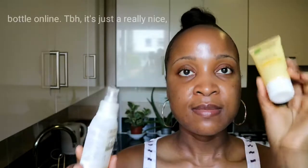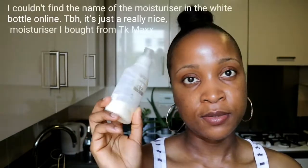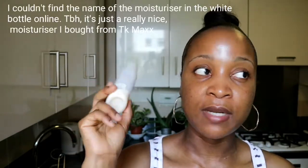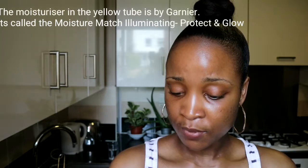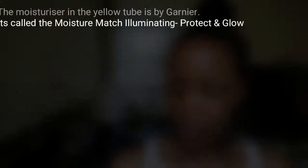So this is what I really like, but right now I definitely love what I'm using at the moment, but I was using them before I bought this. So let me just go to the one I'm talking about. So these two are what I kind of mix together. Sometimes I'll use this on its own, sometimes I use this on its own. I featured this quite a few videos back when I did a skincare and makeup haul. So in fact the name has rubbed off. I think it's called